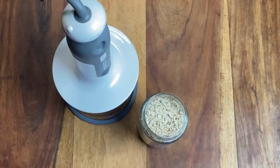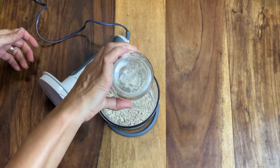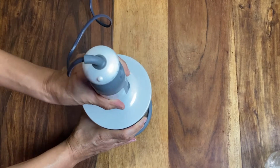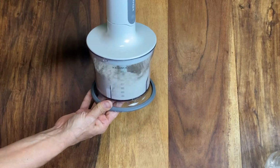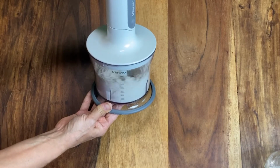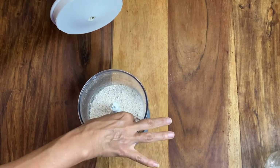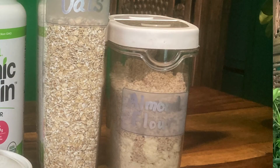To begin with, I've got oat flour here. I like to buy whole rolled oats. It's high in fiber. It's as close to how it is from nature. It's just been squished flat. It's been thrown into the food processor or a blender and blended till it's smoother. I do this because it holds the bar together nicely. If I left it more chunky, the bar would be more likely to fall apart. Thus, there would be little bits of chocolate on the sofa when people eat it. Don't want that. So 1 cup of oat flour, and then I add a 1/2 cup of almond flour,